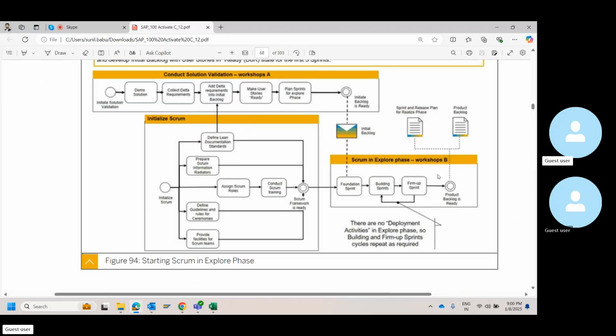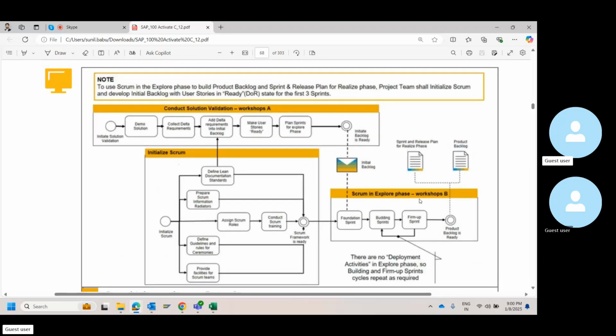All the same terminologies I'll be repeating. Solution validation workshop A, which is basically your fit to standard. Then fit to gaps workshop B. So this is all we'll keep repeating. So if we have to complete it quickly or cover the topics quickly, then it's better if you revise your foundations and keep that ready.